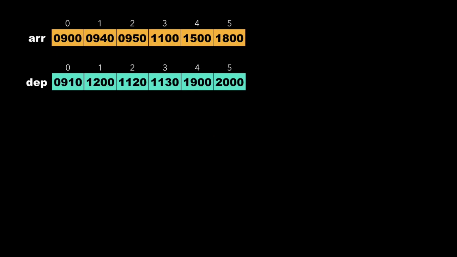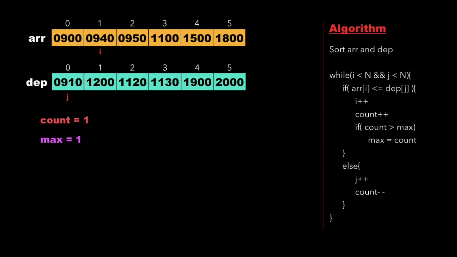So now let's look at the approach to solve this particular problem. Let's consider the same example as given in the question, where the arrival and departure times of the trains are given by the arrays ARR and DEP respectively. We initialize a few variables like count and max and initialize them to 1. These variables are similar to the ones which we have seen in the previous slide as platform and min platform. We also declare i and j and point i to 1 in the arrival array and j to 0 in the departure array. The right side of the screen shows the algorithm to solve this particular problem.